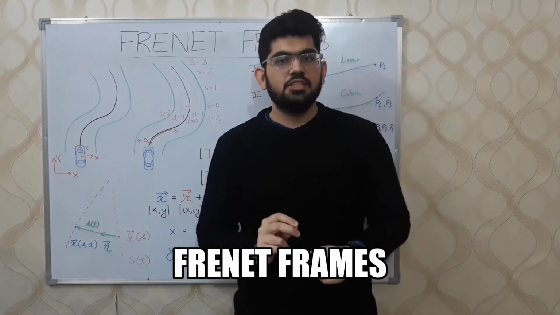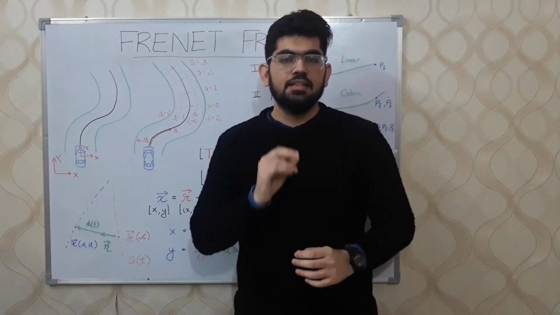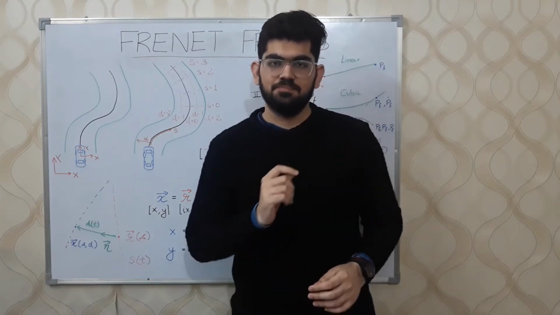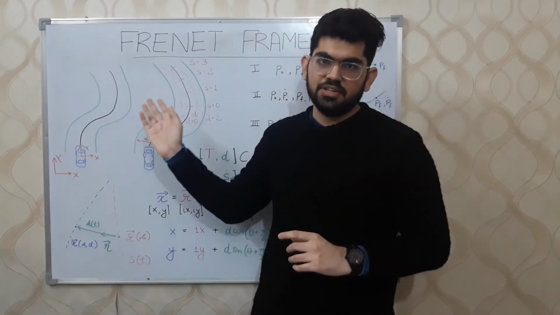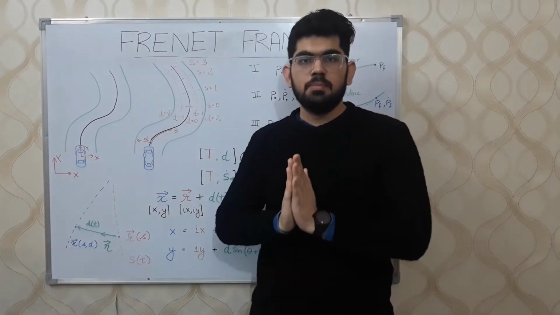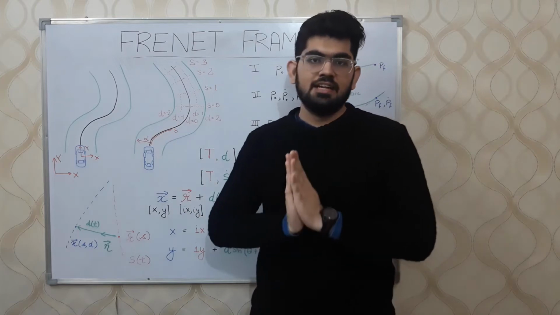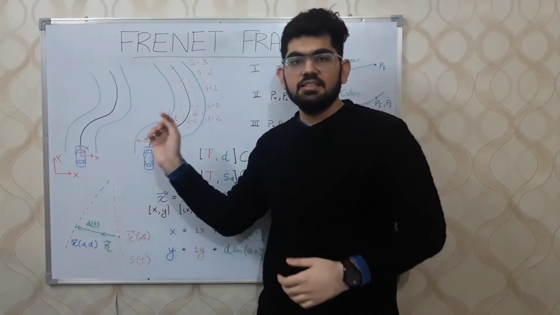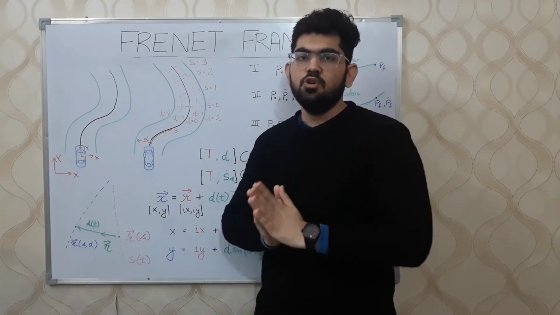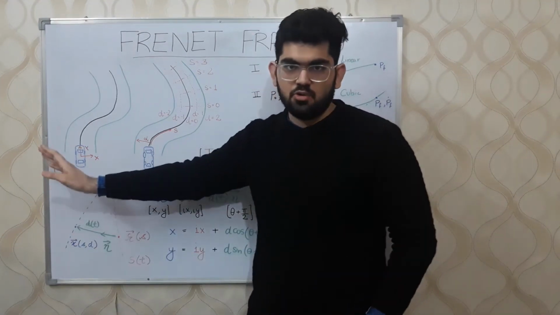Frenet frames are actually a coordinate axis that is used to represent the position of an object in space. Let us consider this example over here. We have this road in green and we have a global path in black that our self-driving car needs to follow. Considering the case of the traditional Cartesian coordinates, we are going to have our origin present somewhere over here,